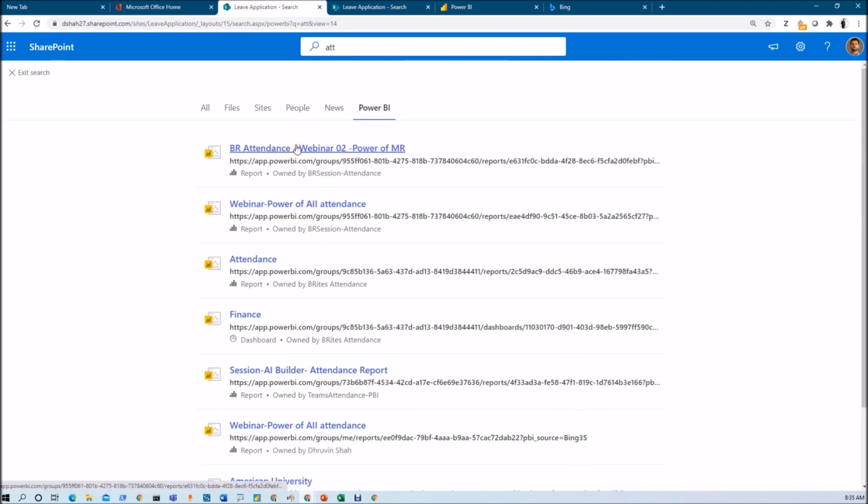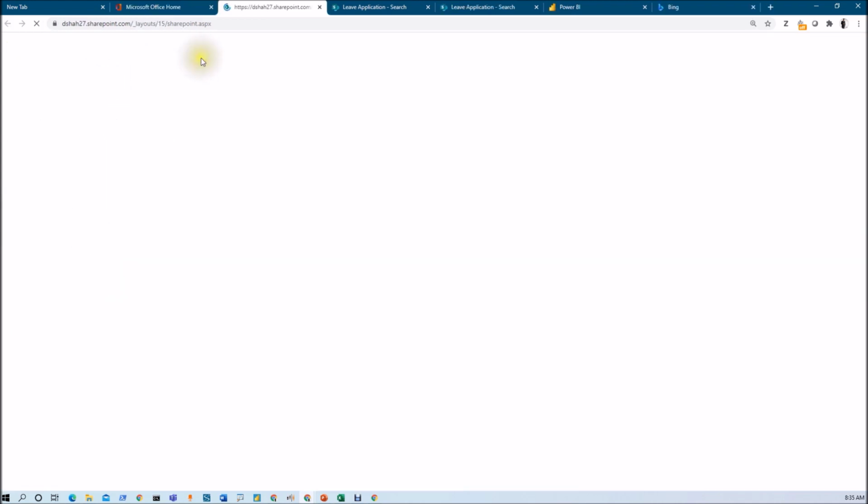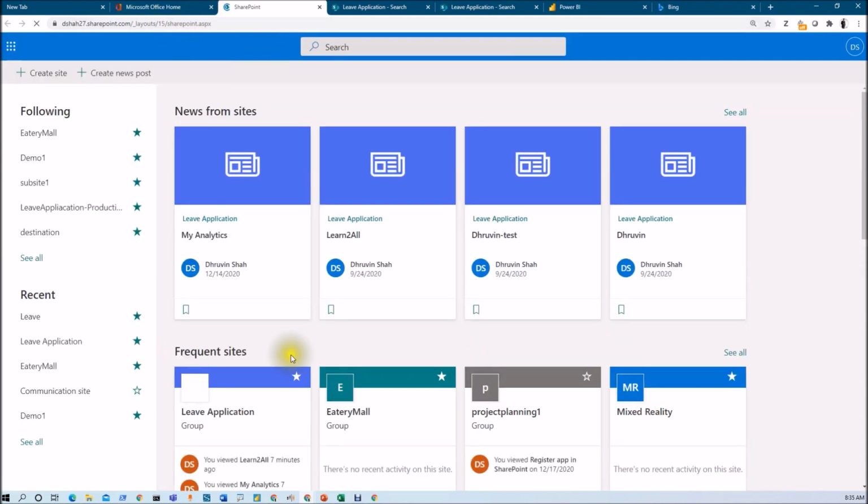So very simple and very straightforward. You just need to open your SharePoint homepage, go to any site, go to site contents and just change the URL to search.aspx, and you will be able to search the results over here. Also, one more important thing, let's say you click on this SharePoint and this opens your SharePoint homepage like this.